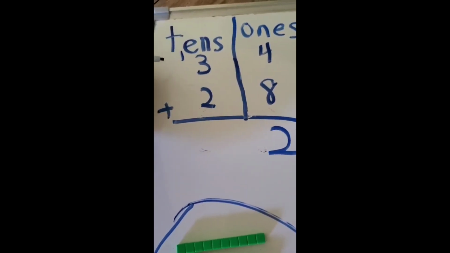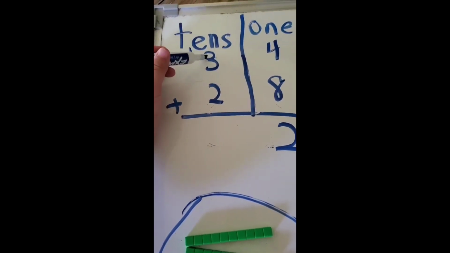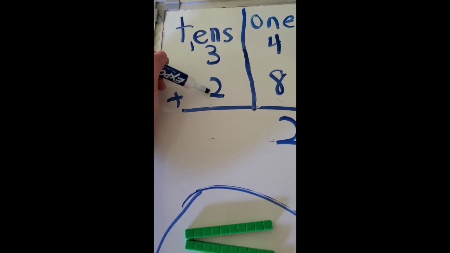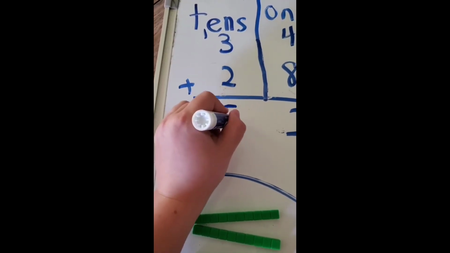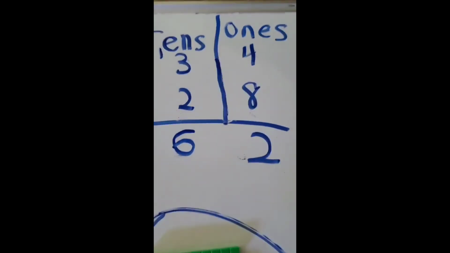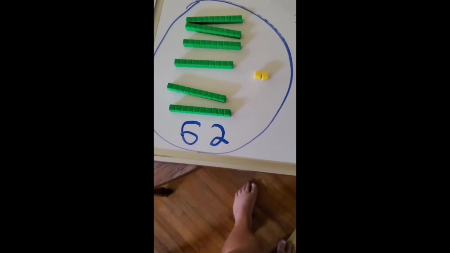So now let's add these up. 3 plus 2 is 5 plus 1 more is 6. We got the same answer, 62 and 62. Isn't that awesome? Isn't that cool how we added that together? Super cool. So now we're going to move on to what we're going to do for our pages, for our